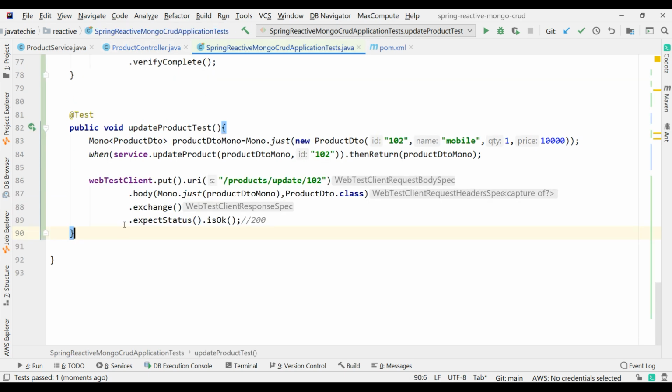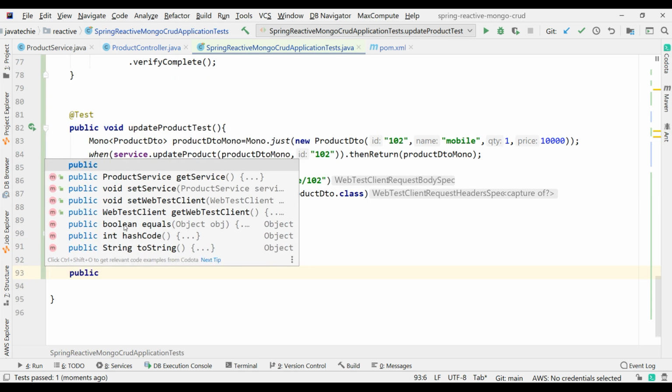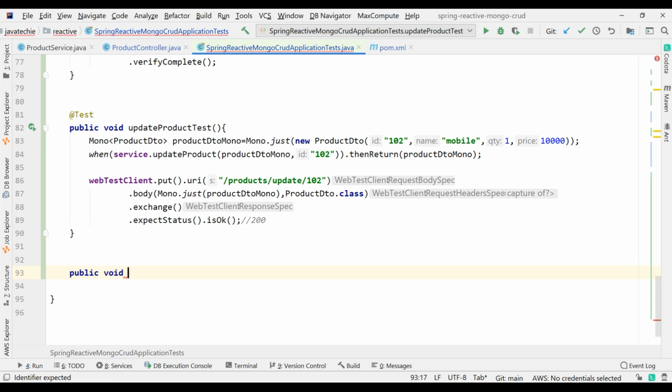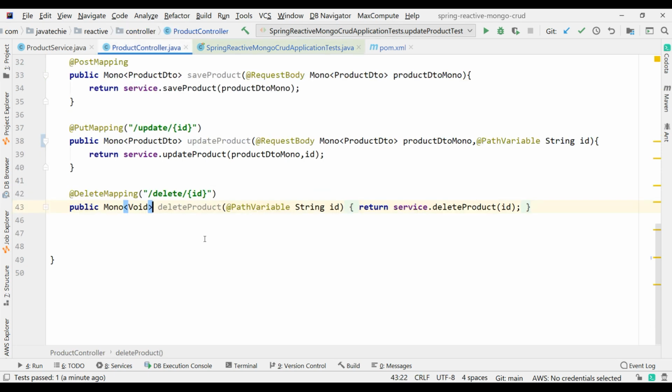Now let's write the method, public void delete product test. Fine. So if you check in the controller, the method takes the argument string id, and it will just delete the product based on the id.